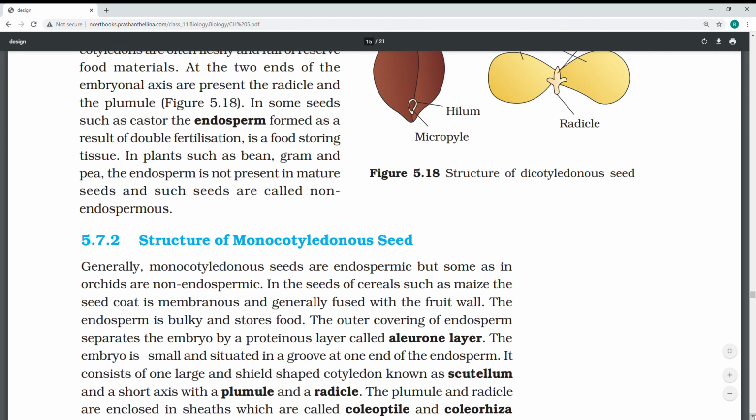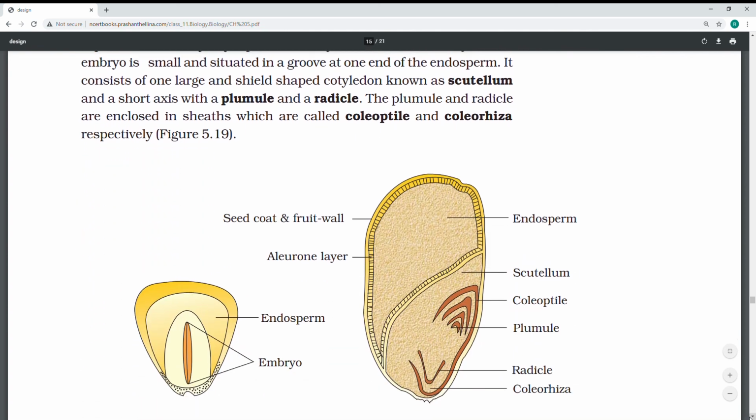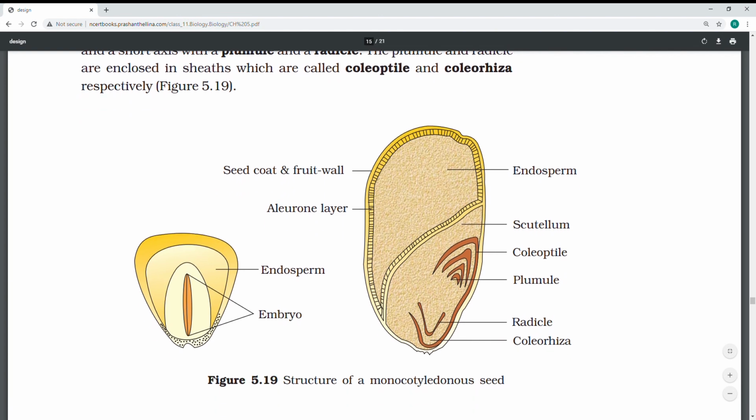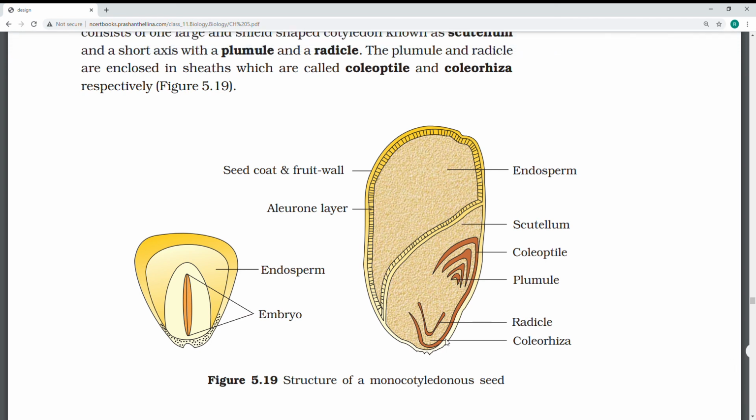Next, I am going to structure of monocotyledonous seed. Very important. For 5 marks or 3 marks, the question that comes is the diagram of this. Observe this description. I'll explain it now. See the diagram. The embryo is here and the endosperm is the surrounding part. This is for corn. Corn looks like this. If you see wheat or rice, the elaborate structure is this. You see the names, you remember these scientific names carefully. I will give you the descriptive part of this.